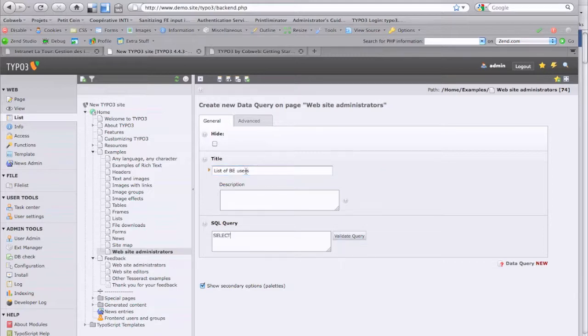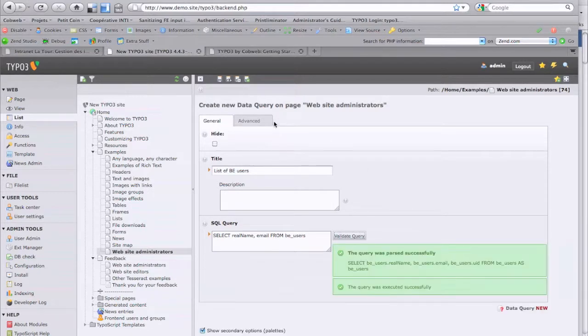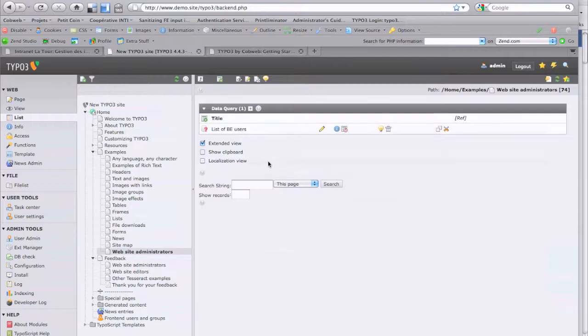We want to select the real name and the email of all backend users. We can check our query with the convenient Validate Query button. It was successful. We now save and close this query